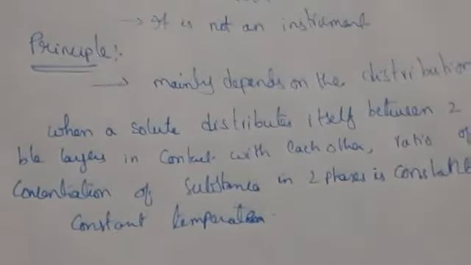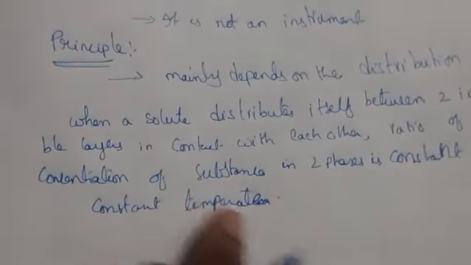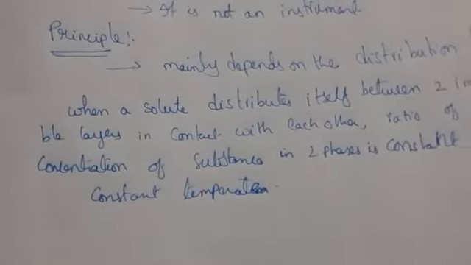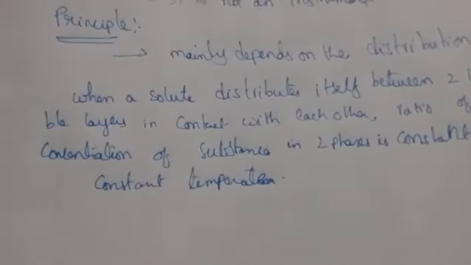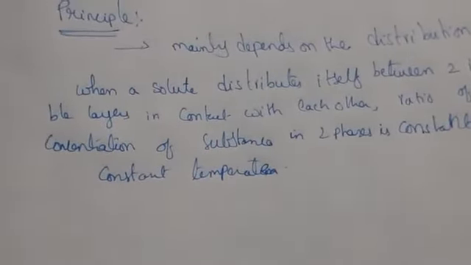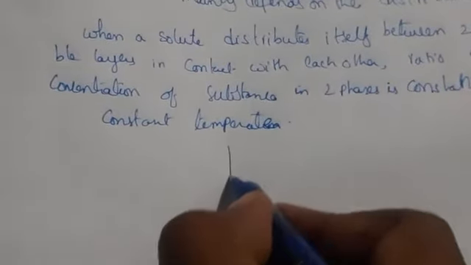So see here, what I'm saying here, when a solute distributes itself between two immiscible layers. So what is an immiscible layer here? An immiscible layer is nothing but one which is not soluble. If you take a general example, oil and water. So in a beaker I am taking here